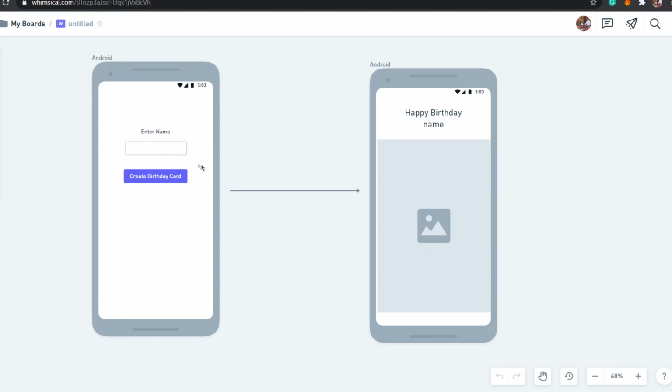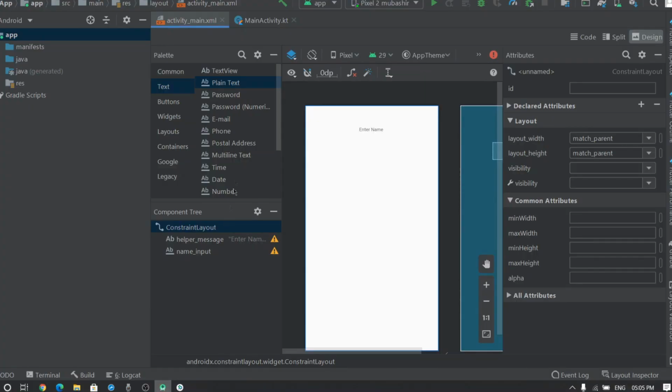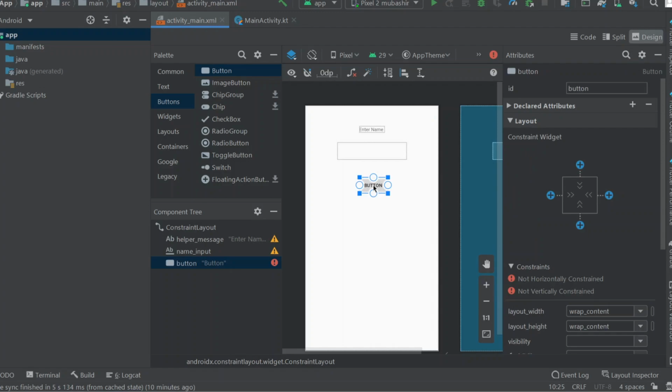Now we need to give this a create birthday card button. So let us go back to the Android Studio, and here in the button section, drag and drop a button here. In the button, you can give this button ID like create birthday card.